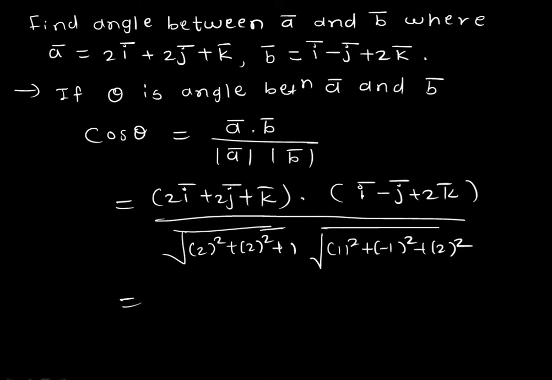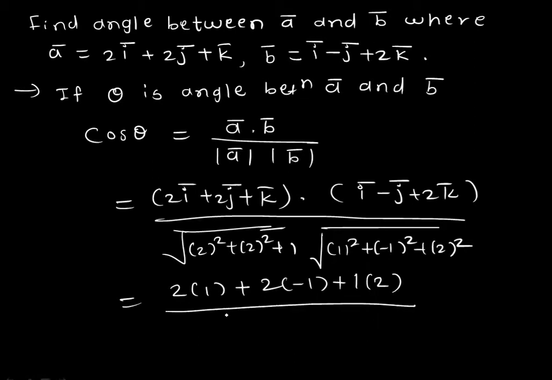When we take the dot product, we multiply the coefficient of i, plus multiply the coefficient of j, plus multiply the coefficient of k. So the coefficient of i is 2 and 1, so 2 into 1, plus 2 into minus 1, plus 1 into 2, upon